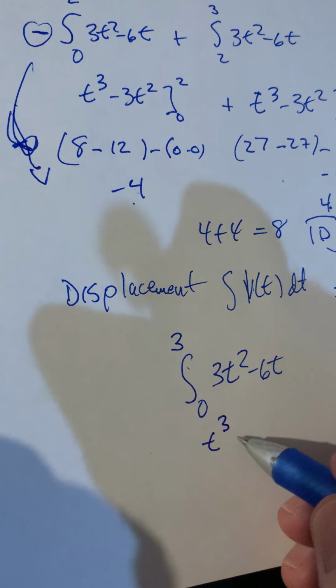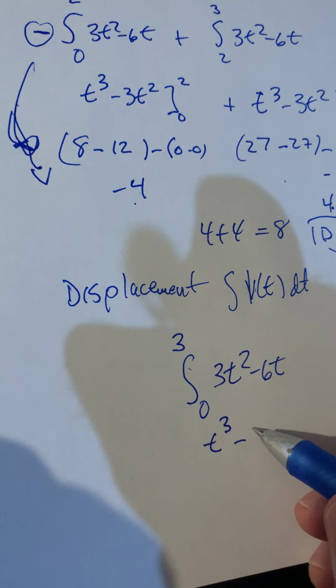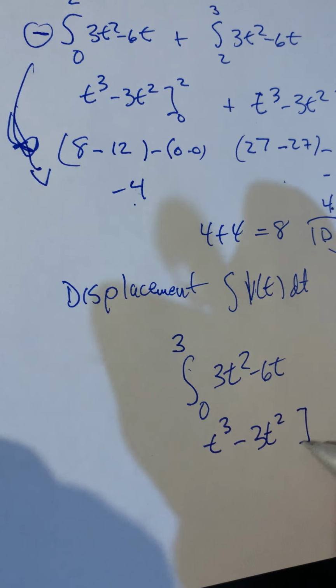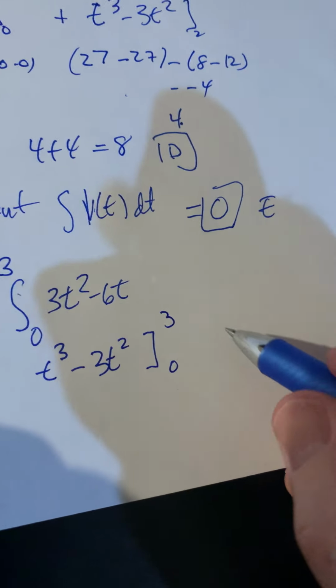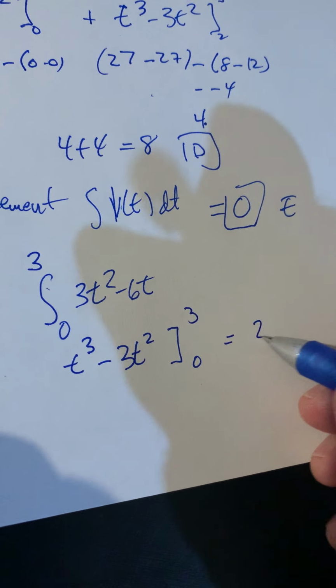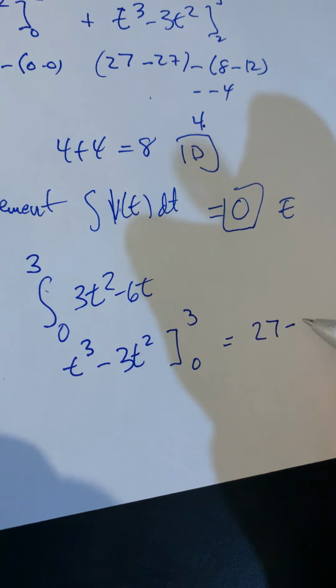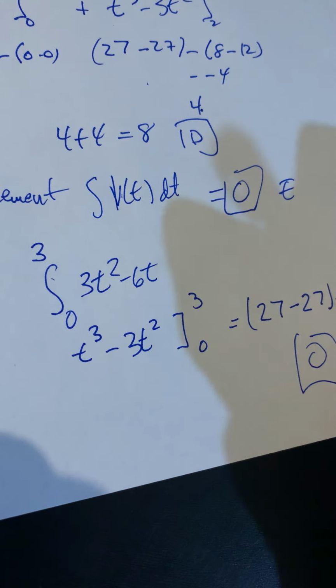I got t cubed again minus the 3t squared. Integrate this from 0 to 3. And I'm going to get 27 minus 27 minus 0 minus 0. So there's your 0 also, which is